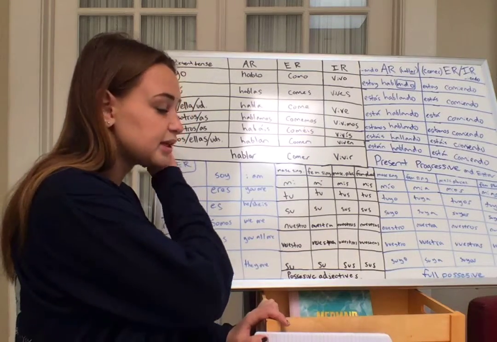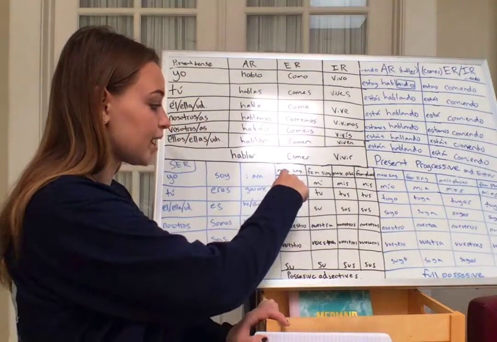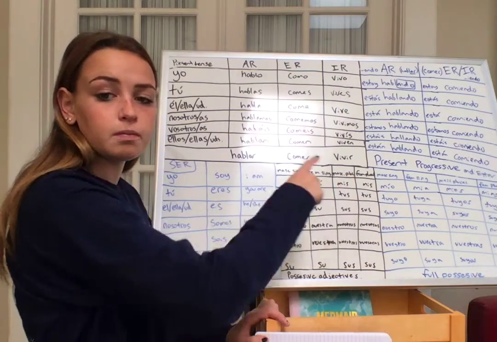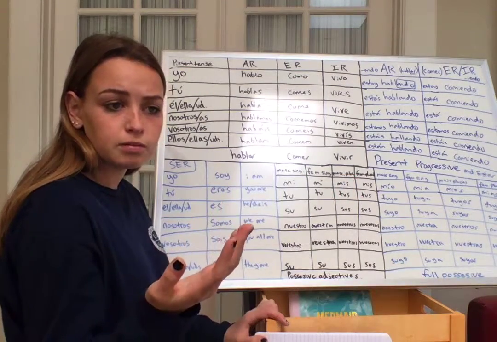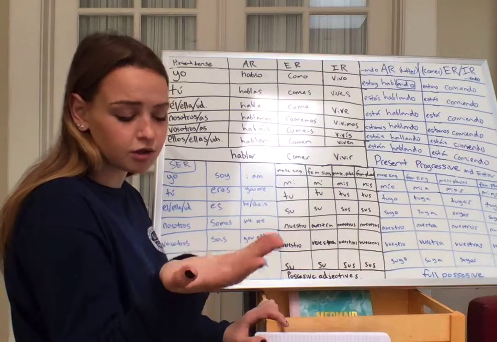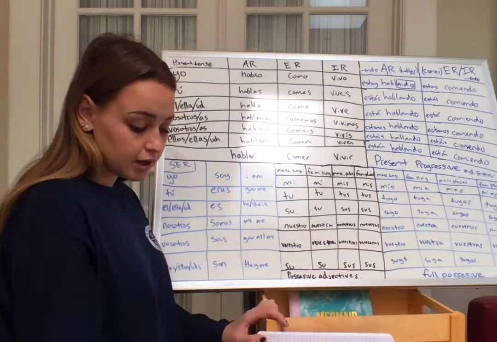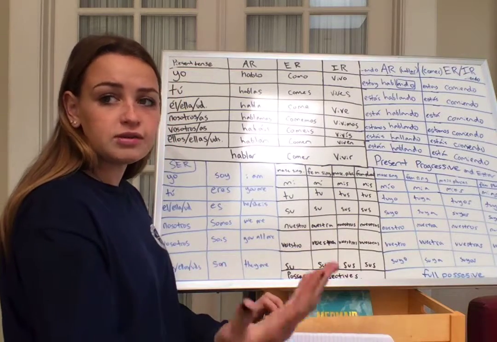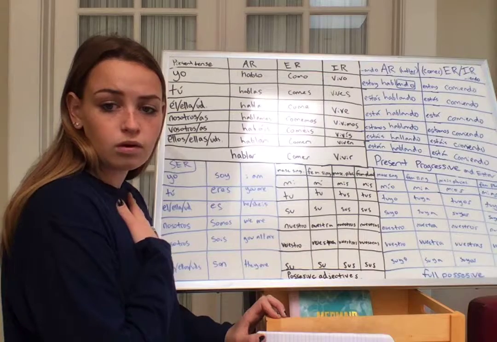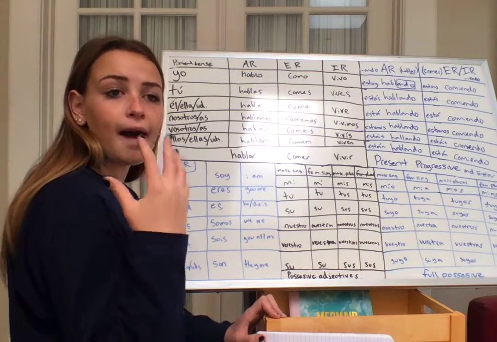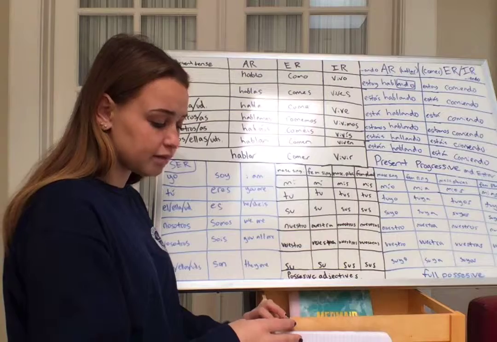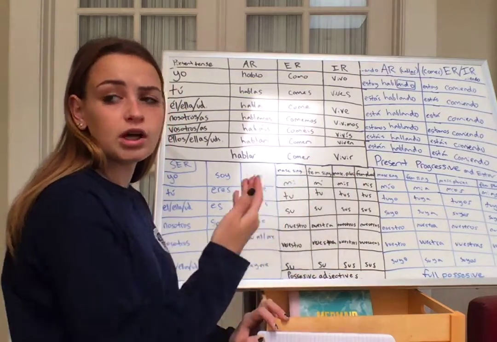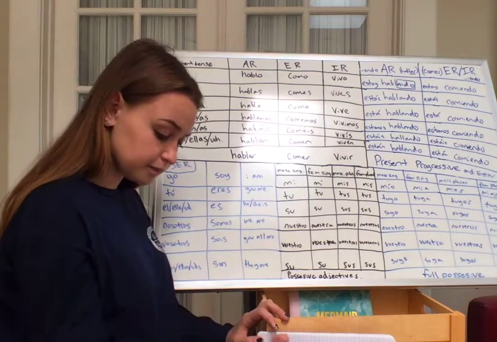When you're trying to decide, it falls under 4 categories: masculine singular, feminine singular, masculine plural, and feminine plural. When deciding whether it's plural or singular, you just say, how many things am I talking about? You don't say how many people are talking about it. No, that's not what you do. You do, how many things am I talking about? So if you're talking about 6 horses, then you use the plural. But if you're talking about 1 horse, then you use singular.